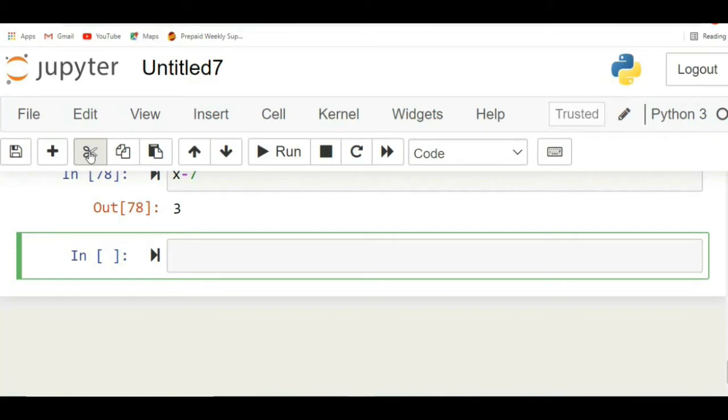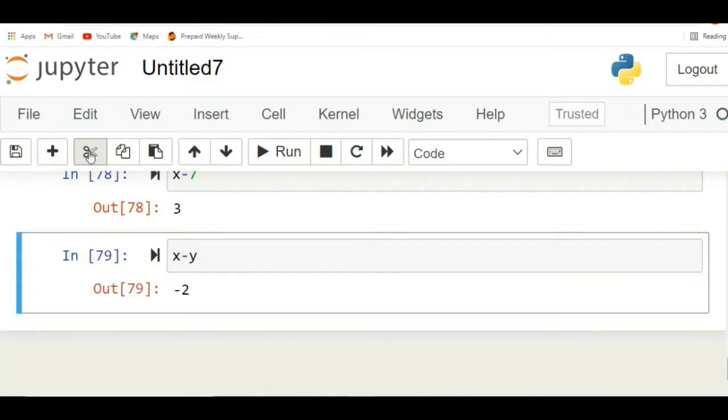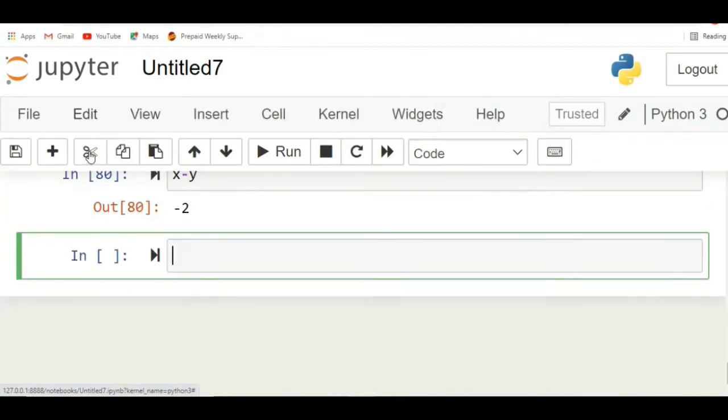Now the next is, if I write x minus y, so this is 10 minus 12, which is minus 2. The next is x minus y, we can also multiply, we can divide. Okay, and if I will write